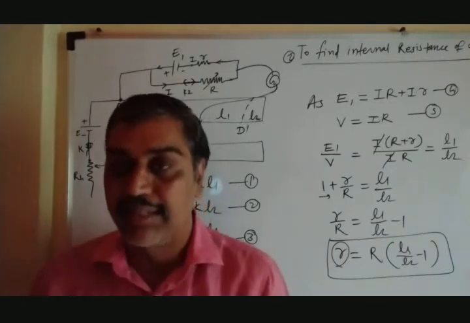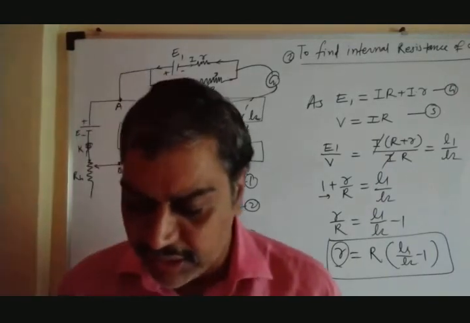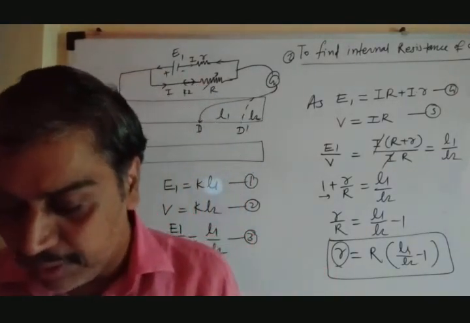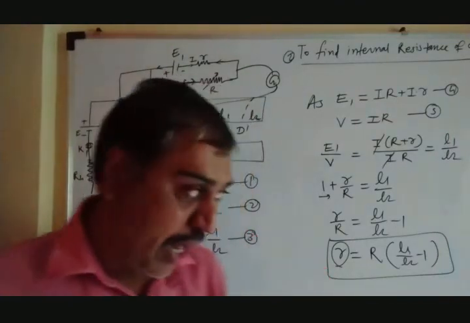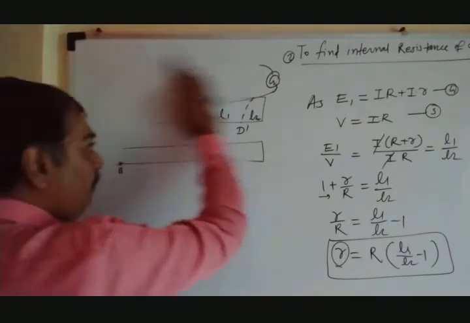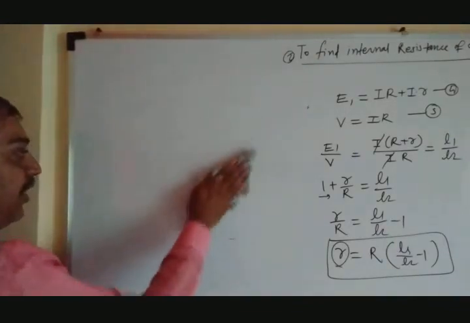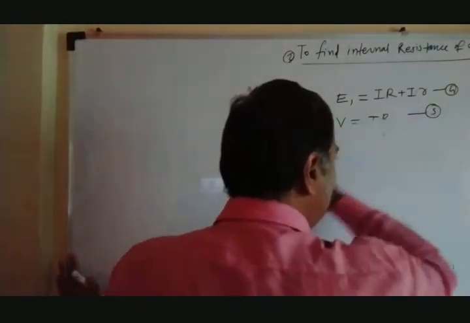Apart from this, there are some applications again. Just you have seen on page number 223 of your book. First they have taken the voltage divider. This potentiometer wire itself can work as a voltage divider. As we know, as the length of the potentiometer wire changes, the voltage drop across it changes. Means as length increases, voltage across the length increases. Length decreases, voltage drop decreases, and that concept is used to measure the voltage divider.